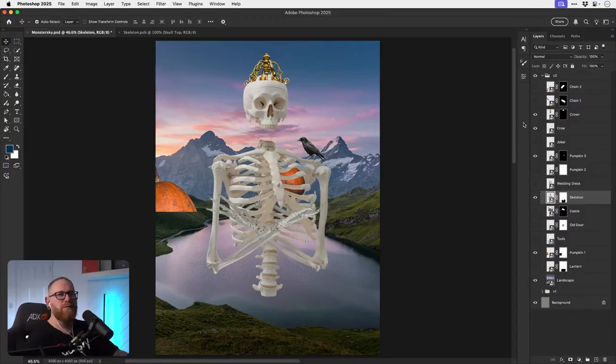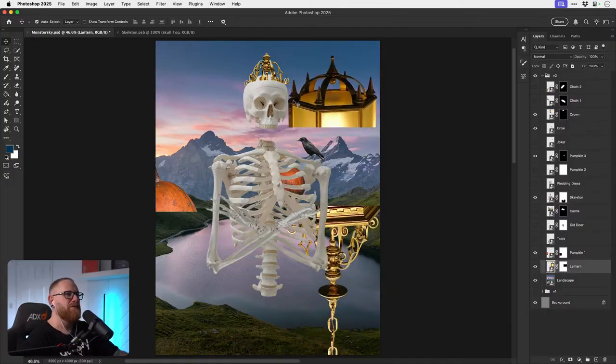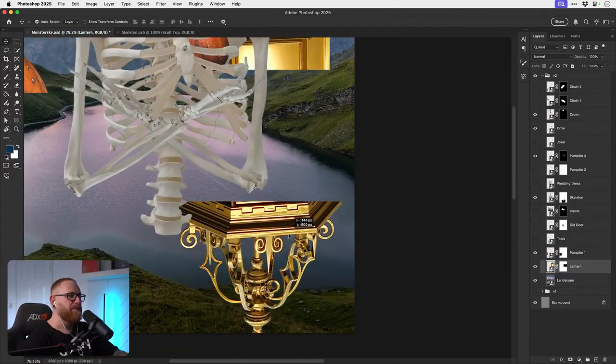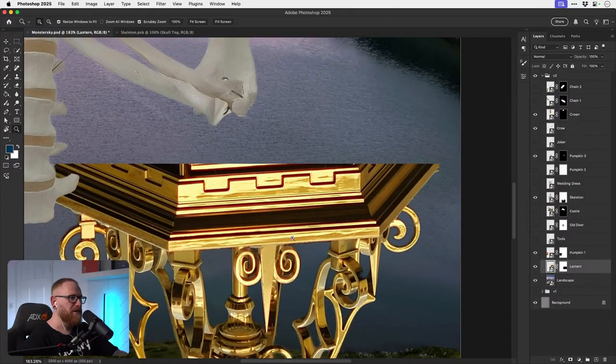And I think for the crown as well, we could probably build that out with the lantern. So this edge here, I could probably sculpt some of that. So hopefully this is sparking a little bit of inspiration, because it's easy sometimes to look at this sort of stuff and go, oh, how am I gonna do something with that? And this is what I've found with previous competitions that I've entered as well. You see someone do something insane and it's like, oh yeah, actually you really can do anything. The limit is your own imagination.